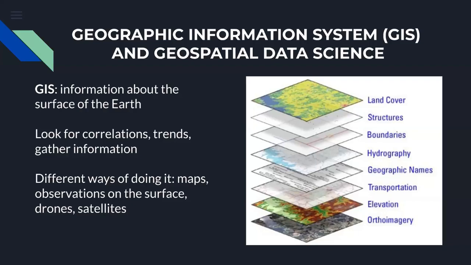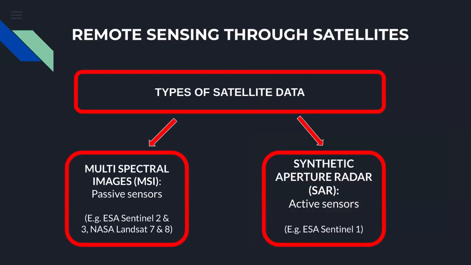What I've been working on mostly, and what you already know because of the name of the seminar, is space-borne detectors, so it's the satellites. Remote sensing in general is whatever kind of observation you perform, mostly with airborne detectors, which can be drones, for example. In this case, I'm talking about satellites. As I briefly mentioned in the introduction, there are two main kinds of approaches you can have to the Earth observation through